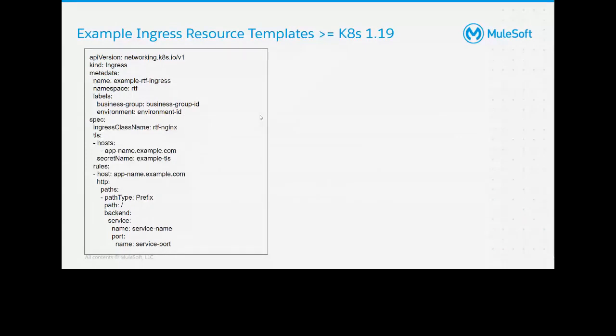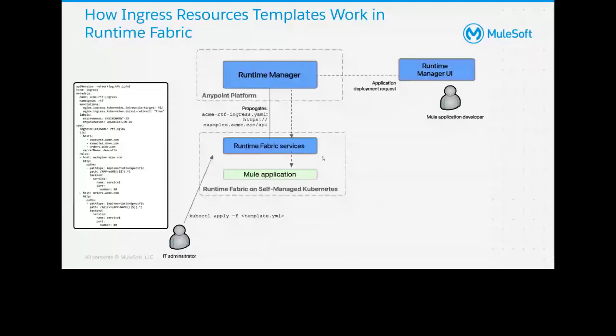So, Ishupal, if you go back to that diagram, that is how this applies. The IT administrator would create the custom Ingress resource configuration and apply it at the cluster level in the RTF namespace. Once you have done that, the RTF agent will communicate this to the control plane. Sorry, I forgot to tell that. So the Kubernetes administrator has created the custom Ingress configuration and applied it at the cluster level. For a particular host name, where you want to expose your Mule APIs under a particular host, you have created the custom Ingress configuration for that host that we just saw,